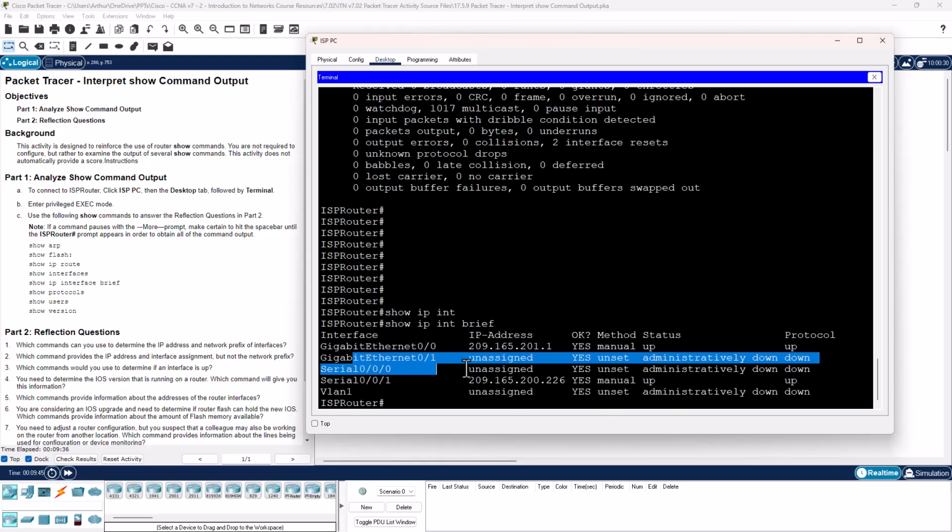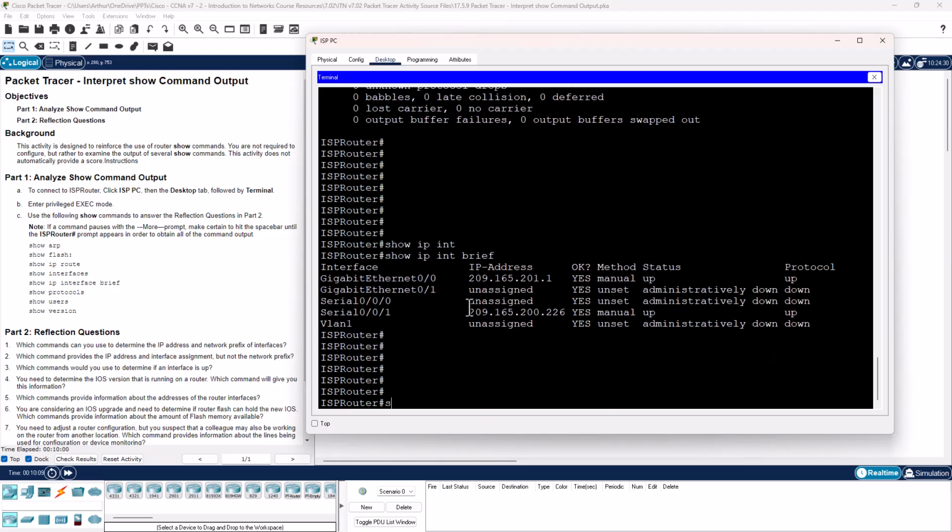So on this interface, this right here is a perfect example. It's an interface that wasn't turned on. If it says just down, it could be that the cable's unplugged. But administratively down specifically states that you didn't do the no shutdown command. Alright, so